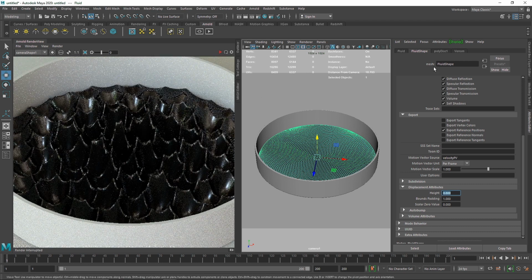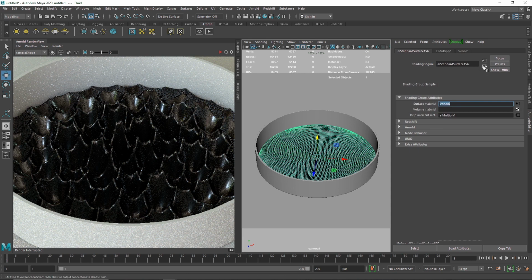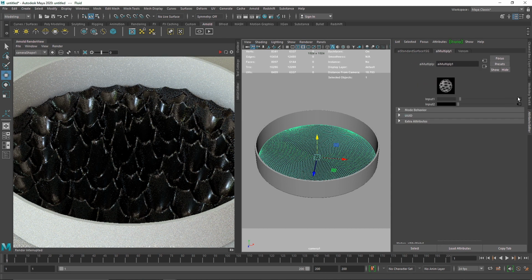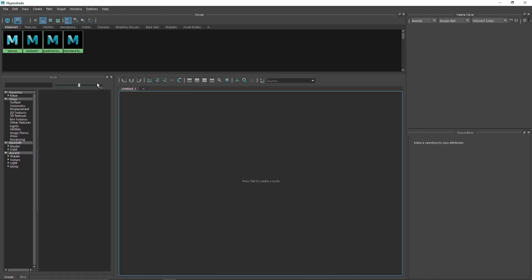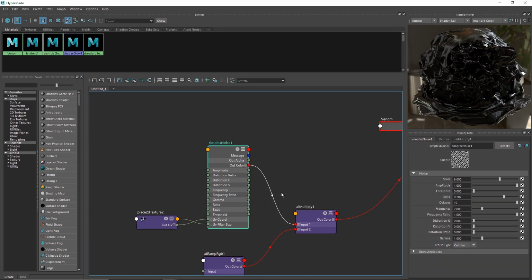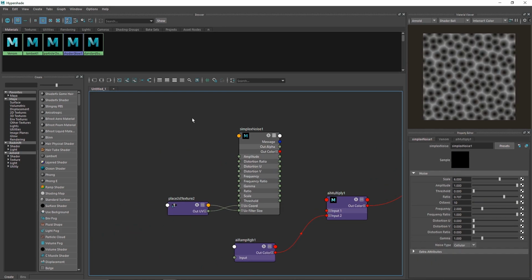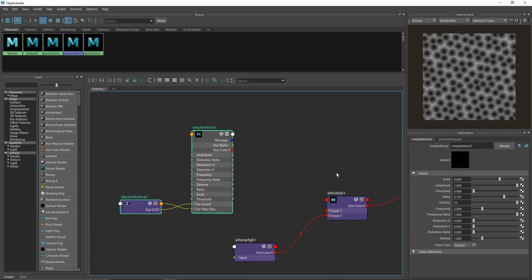So to fix this, I'm going to go to my Venom here and go one level up. Go to multiply, and I think this is our noise, the input 1, and this is our ramp. So I'm going to go to my input 1, and this is our overall noise here. I'm going to quickly close this and let's open up our hypershade just so we can see everything a little better. I'm going to disconnect this for now, and this is what we have. Right now what we have is an inverted overall fluid.